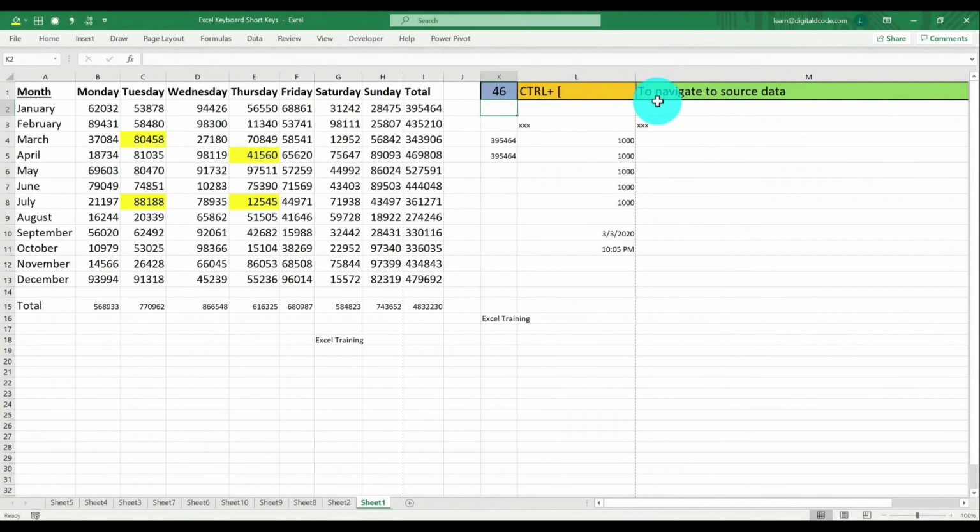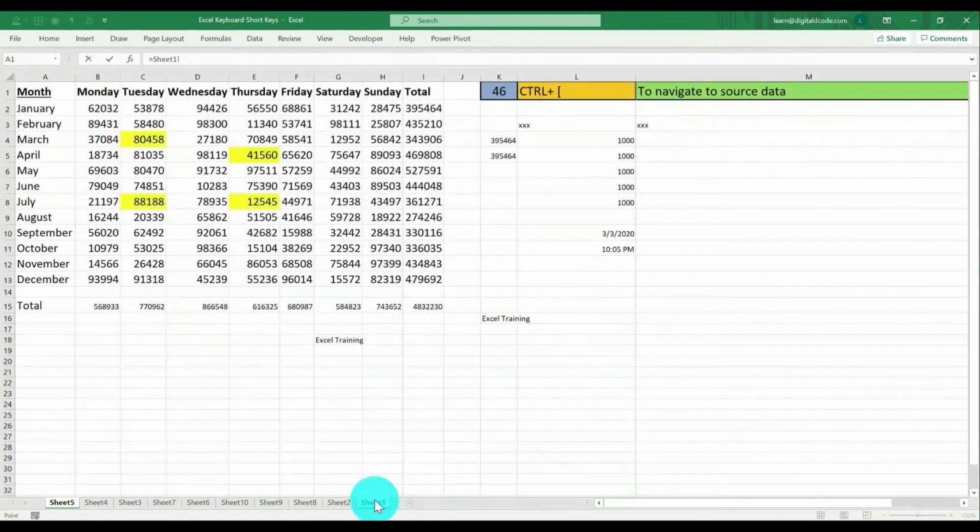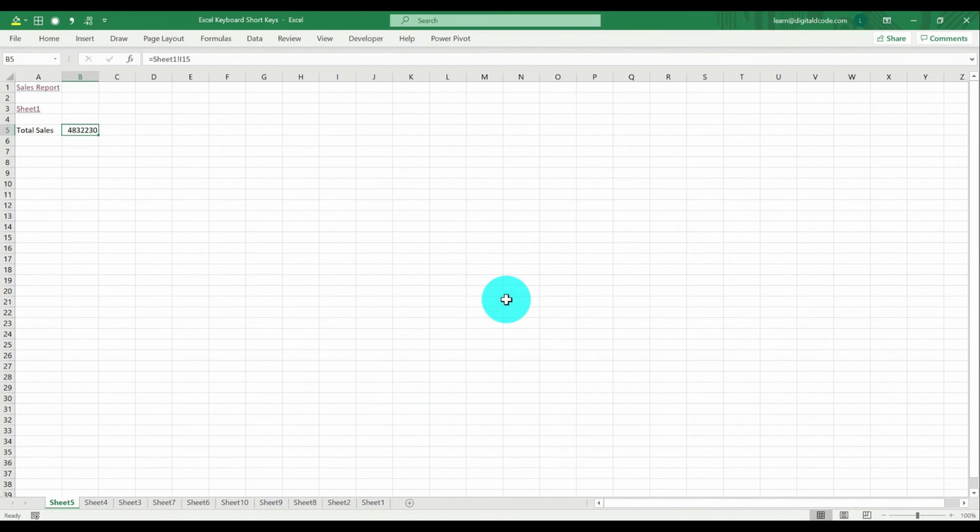To navigate to source data, assume I go here and say total sales equal to, I link to this total sales. Now automatically I get this number here.